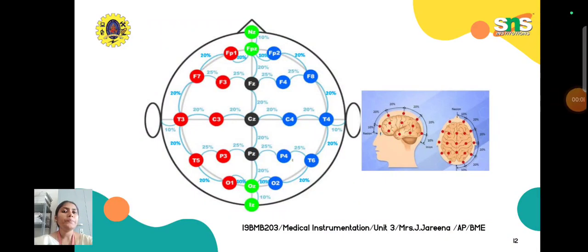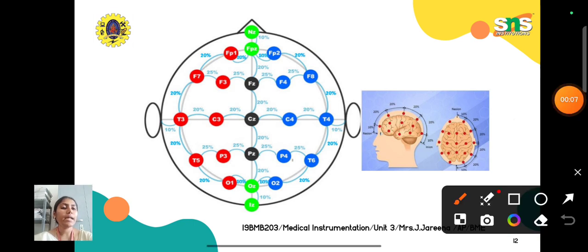Everyone, in today's class, as I said before, we are going to see what the 10-20 electrode system configuration is. In today's class we are going to see how the electrodes will be fixed in different positions. First we have to fix the location before labeling, that is, before we give names with letters and numbers, first we have to find out